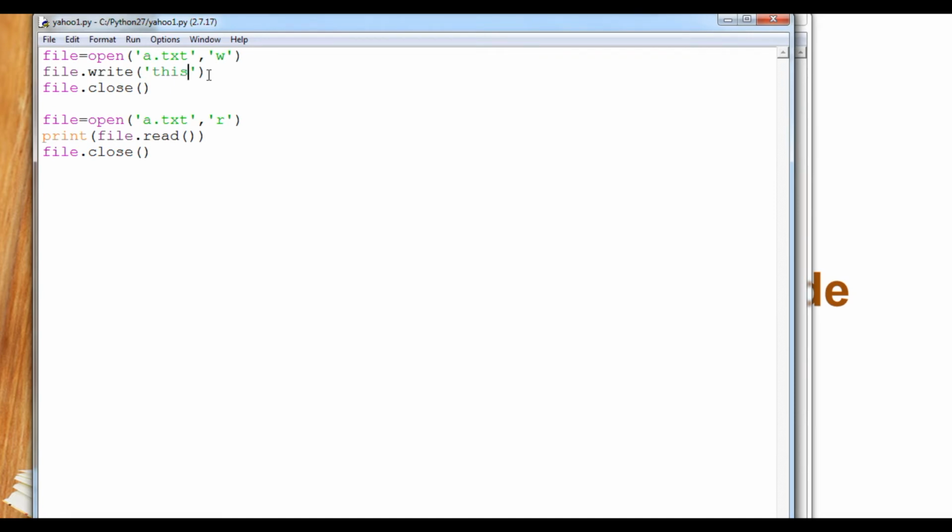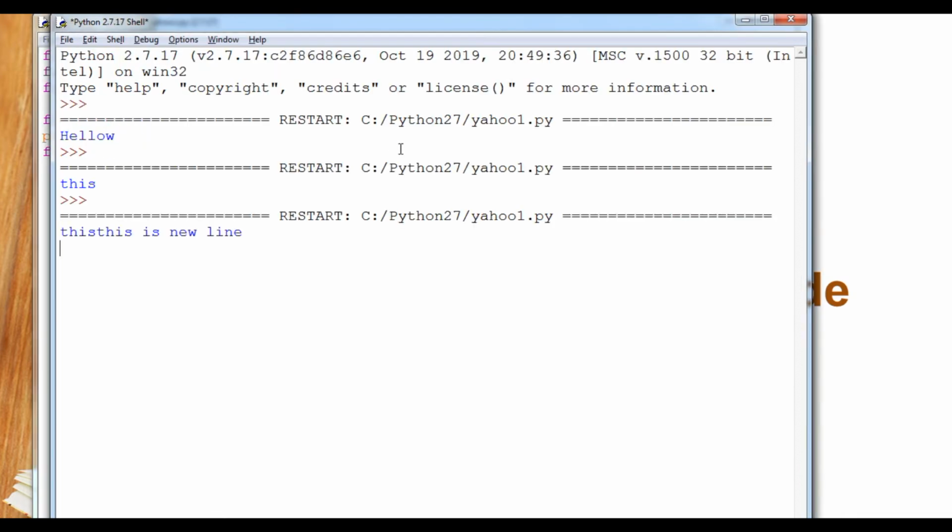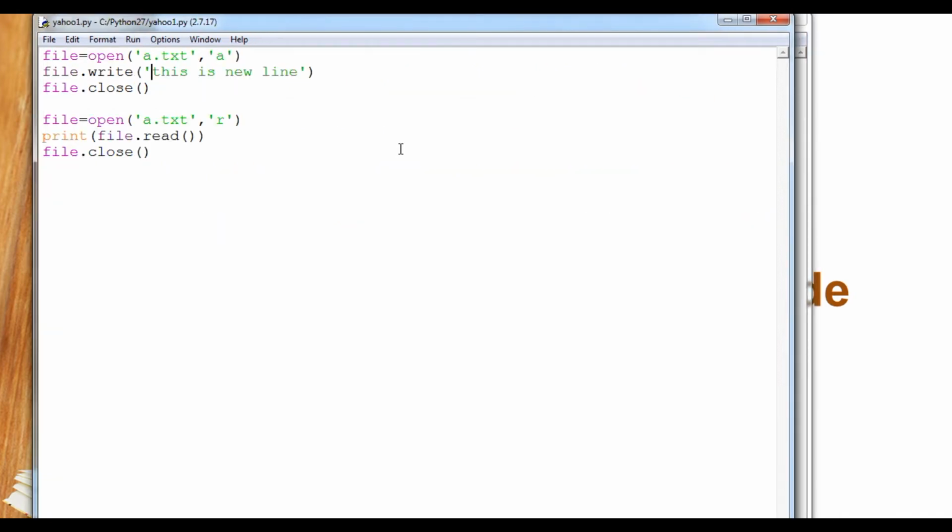And suppose I open this particular file with append mode, so what will happen, this is a new line. If I run it, you can see this is already present, and again this is a new line has come. It is append mode, I mean new content has been added on.